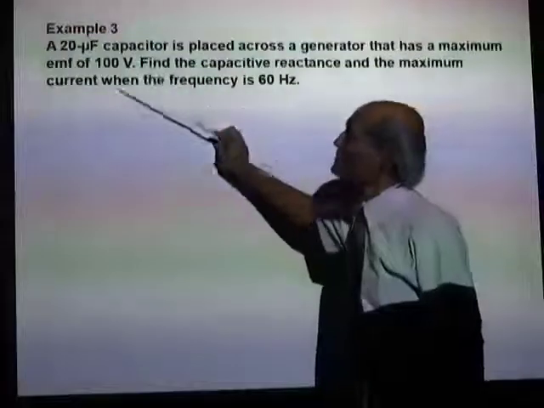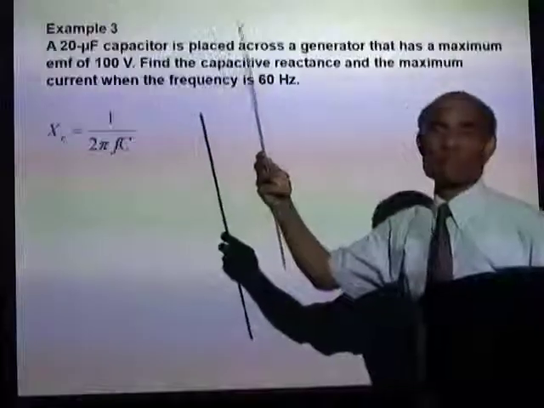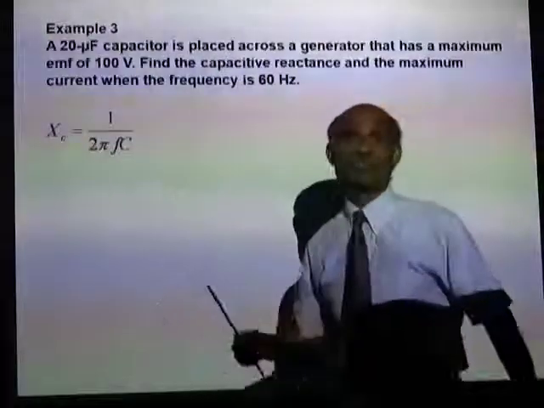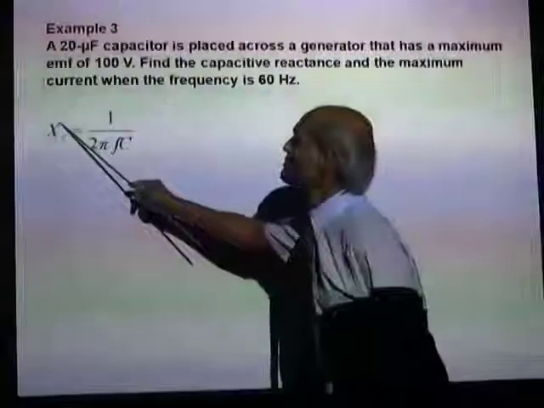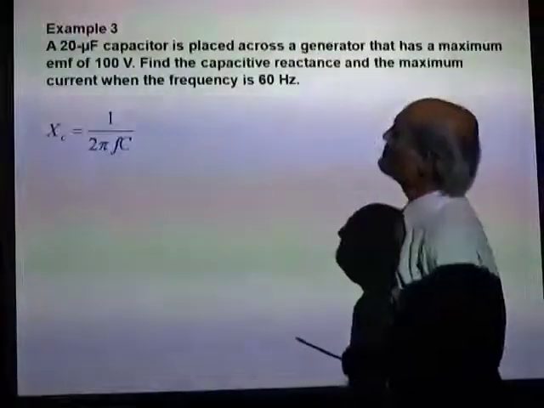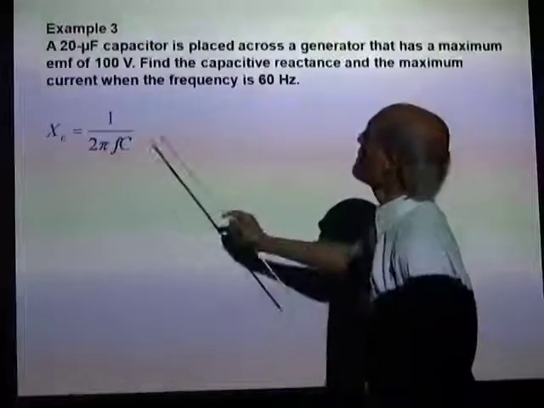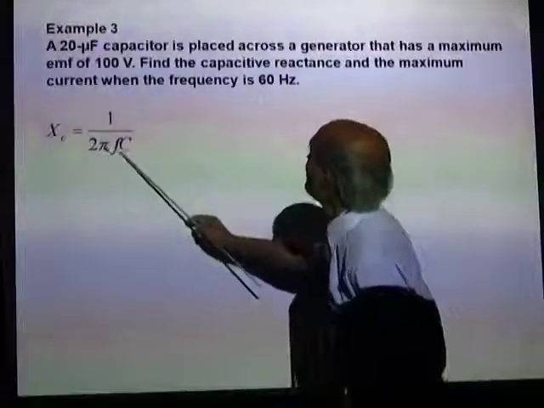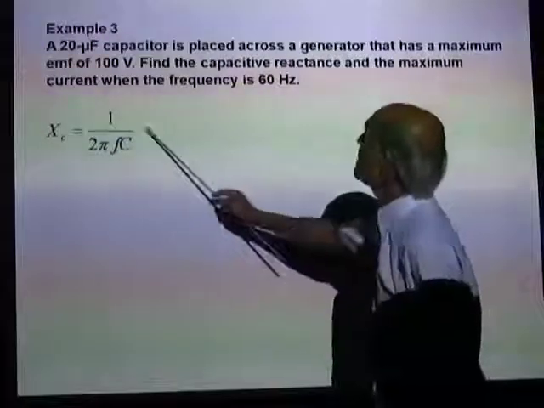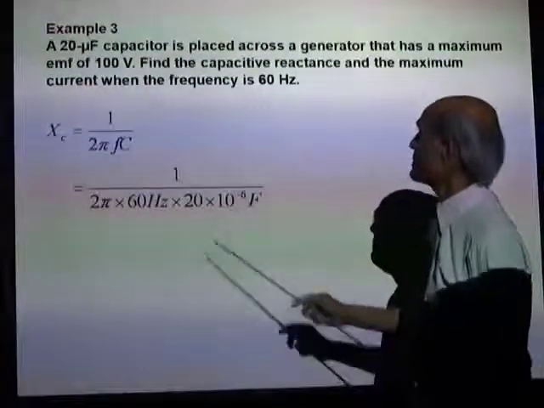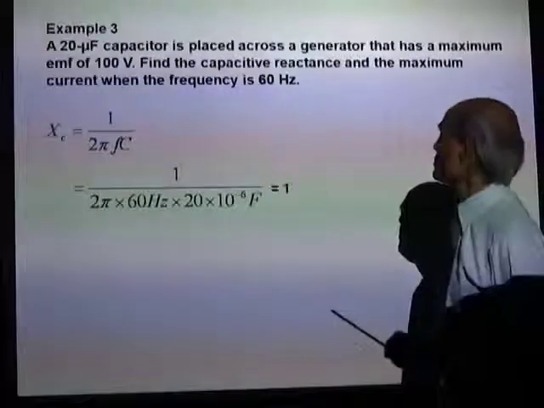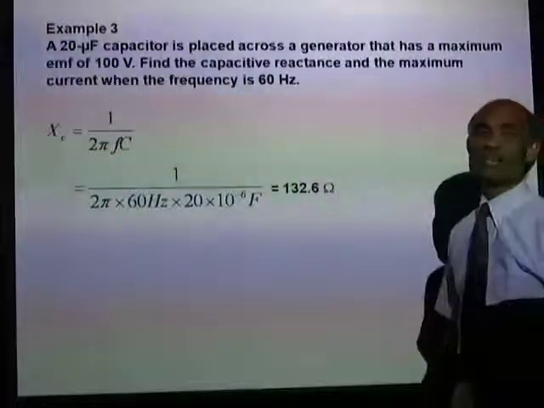We'll always start by picking the data and then, of course, looking at the relevant equation. The capacitive reactance X sub C is 1 over 2 pi fC, where we know the frequency is 60 Hz and the capacitance is 20 microfarad. Use them in proper units, and that gives you the reactance is